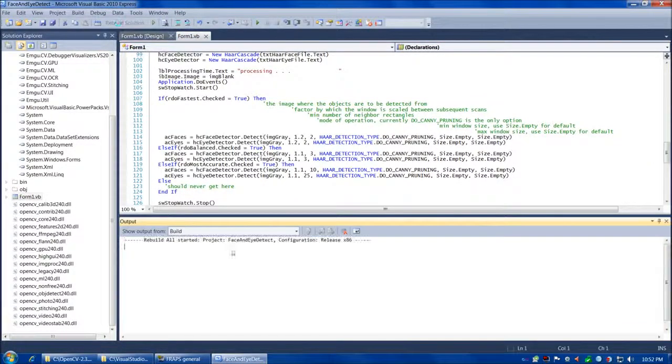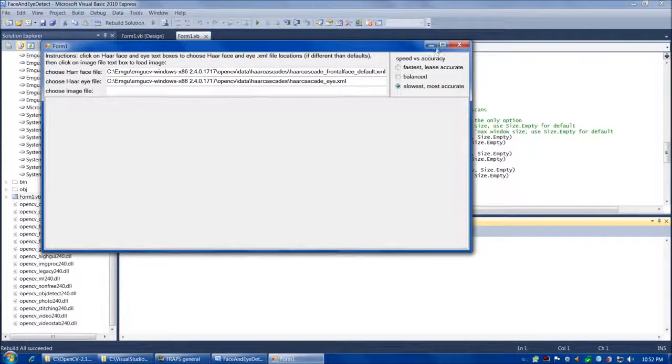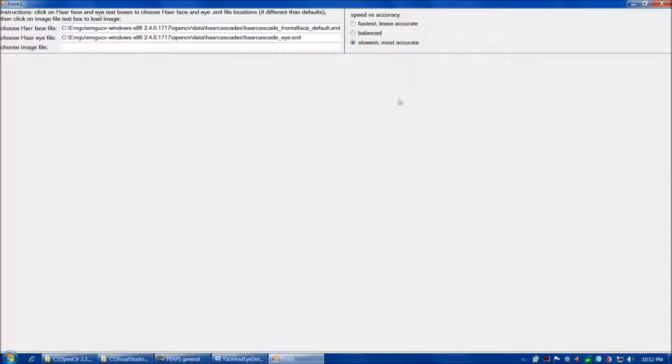Now we can go ahead and do a compile. And that's a good sign, one succeeded. So let's go ahead and fire it up. And we'll maximize the window. And so the first thing that we can take a look at is choose HAR face file, choose HAR eye file. So for example, if we click on the HAR face file text box,